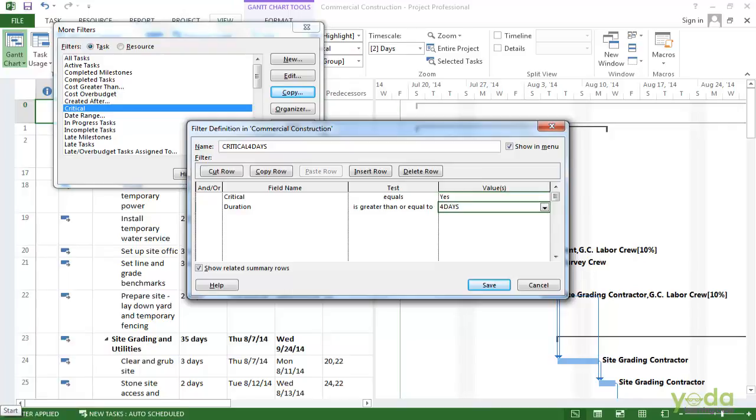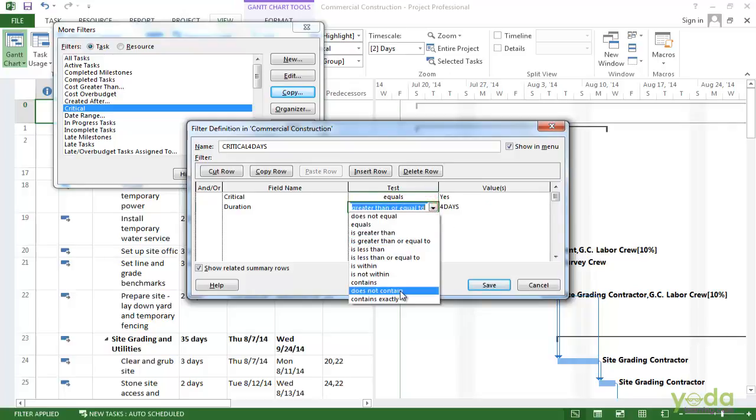Contains, does not contain, and contains exactly are for the text string. So you can look for the tasks that have the word design in their names, but in this case is greater than or equal to is exactly what we want.